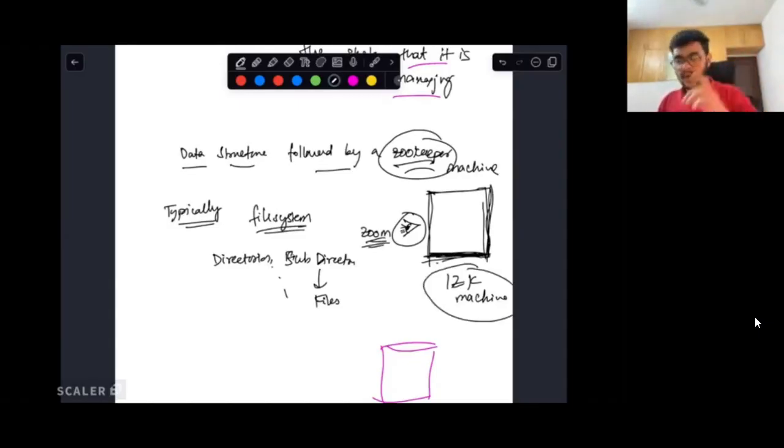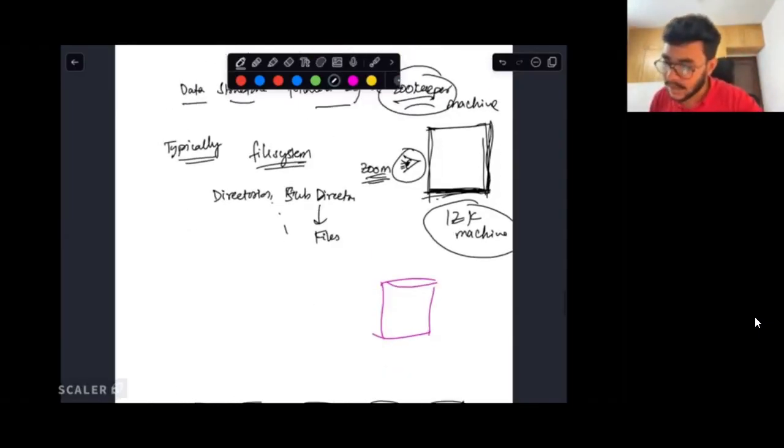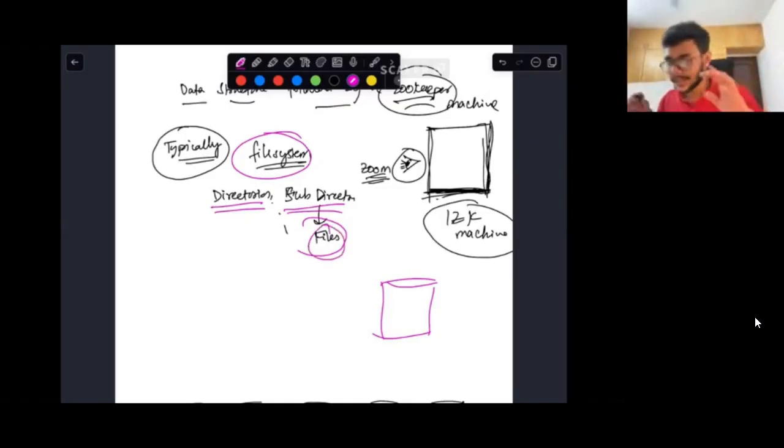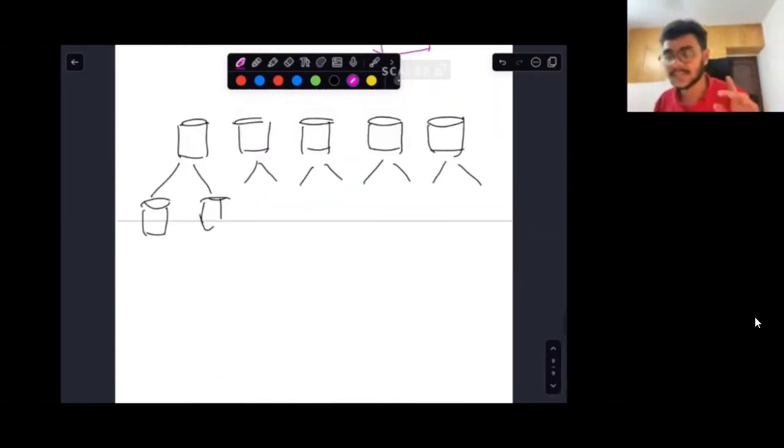and see how something is going to look inside one Zookeeper machine. What I've discussed after that is that typically the data model followed by a Zookeeper kind of system is a file system kind of structure. You have directories, within the directories you can have subdirectories, and within the subdirectories you can have a bunch of other subdirectories, or files that actually store some data. This is essentially the data model. Let me explain it with an example.